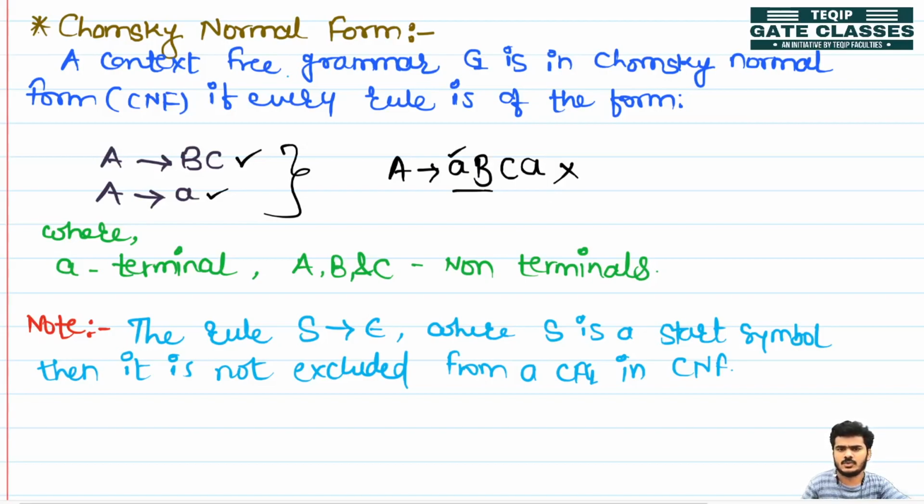If after A produces, whatever comes starts from a terminal and is followed by any sequence of terminals or non-terminals, then this production is not in CNF form. Also, suppose one more production, B produces capital A small a. This is also not allowed in CNF form. Compulsorily it should contain either two